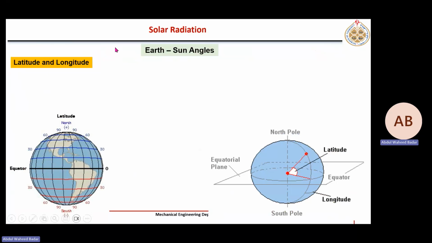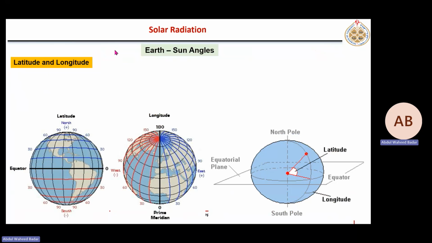So latitude and longitude, hopefully you already know. Latitude and longitude both are used to specify any location on the surface of the Earth. You very well know about this, so I will not take too much time. At the equator, the latitude is 0, approaching 90 in the northern hemisphere, similarly 0 to minus 90 in the southern hemisphere. So these represent the location of any point on the surface of the Earth